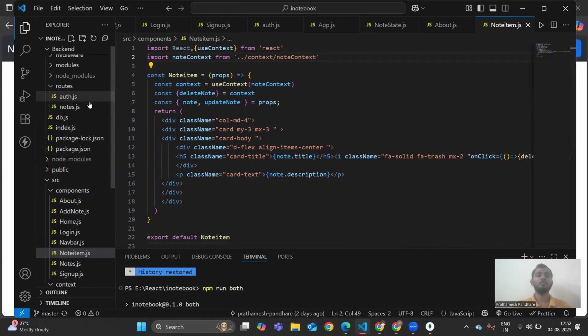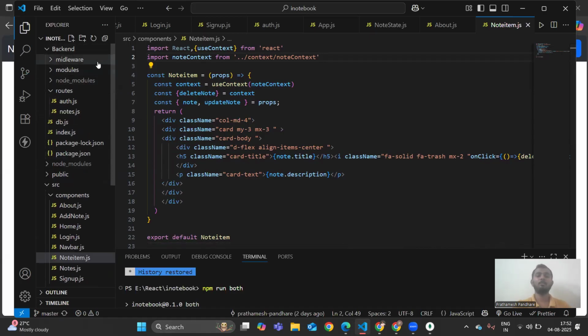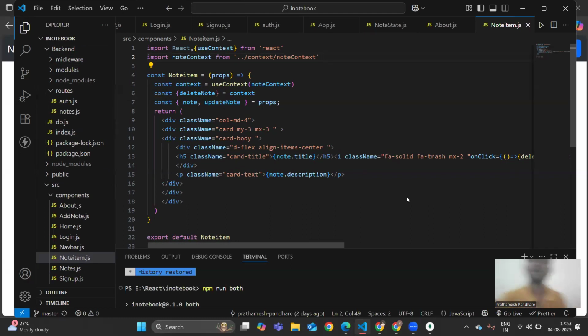and we would quickly move on to our backend part. Or what should I do? I think I should create a new backend video in which I will explain the backend properly. I would make a list of all that stuff I have to cover and I would explain it there. So